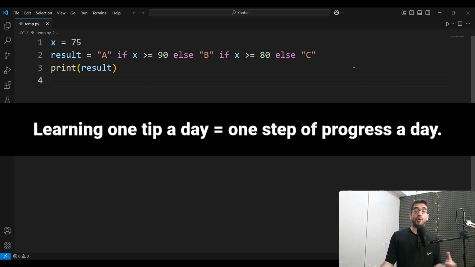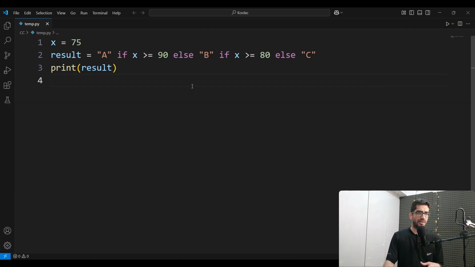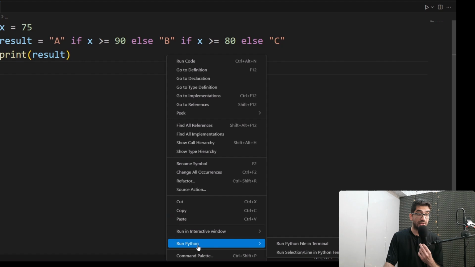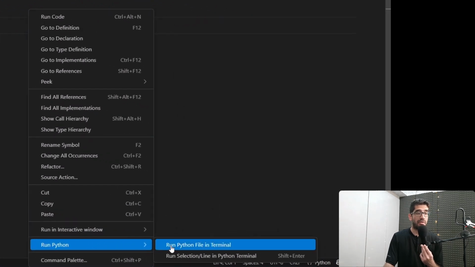How to assign or change the keyboard shortcuts for running a Python code in VS Code. So it's so simple. First of all, as you can see, if I right click in the middle of this code editor and go to this part, Run Python, you can see Run Python File in Terminal does not have any specific shortcut, but I want to assign